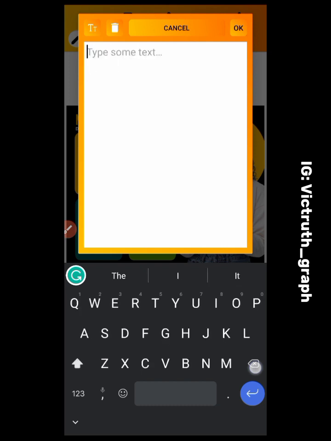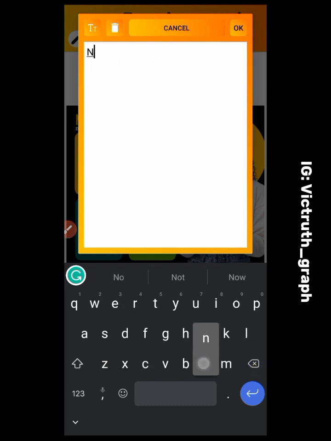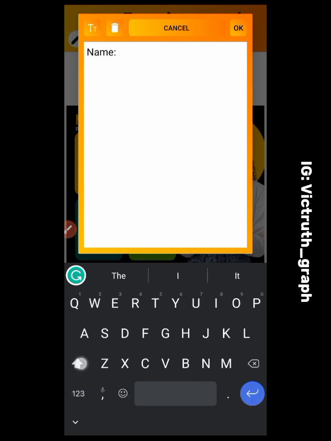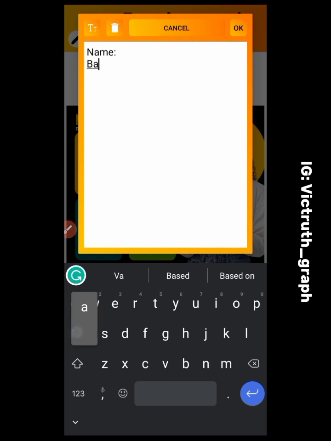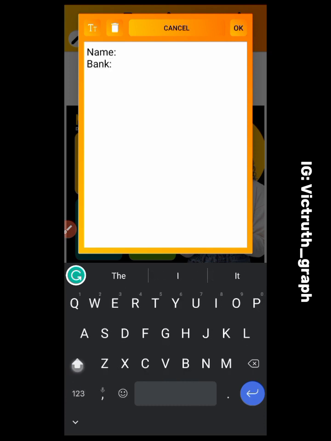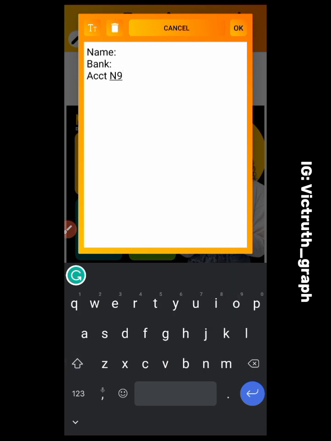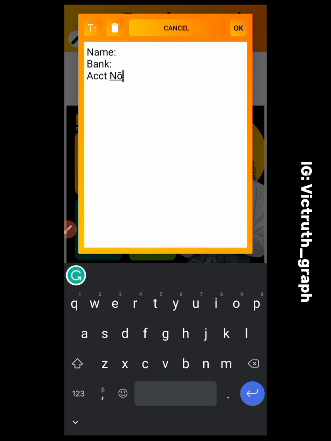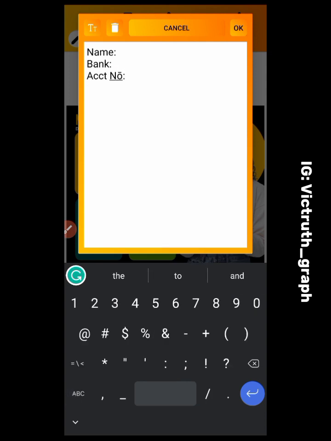Why I keep copying this text is to maintain the same text size, text font, and the rest of them, so I don't have to make use of different fonts in my design, so it doesn't make my design look noisy. Account number,